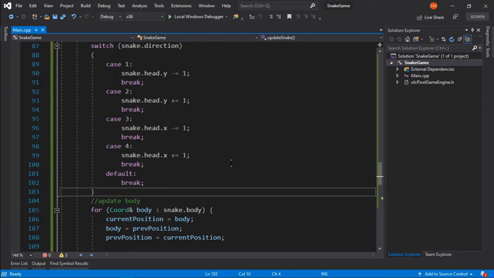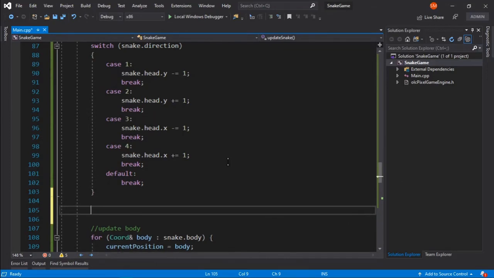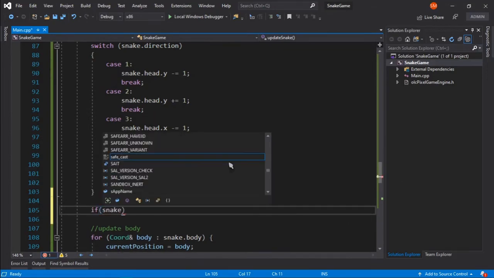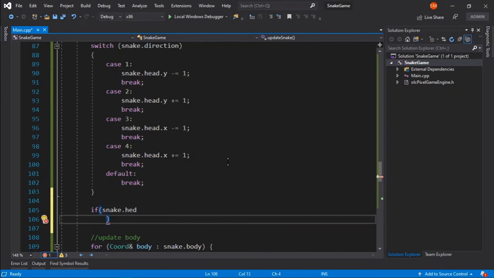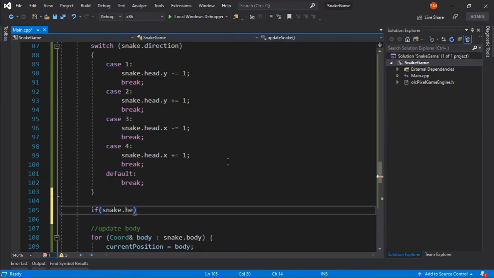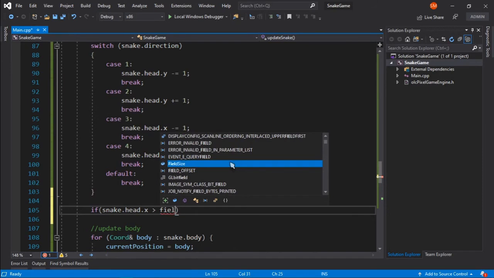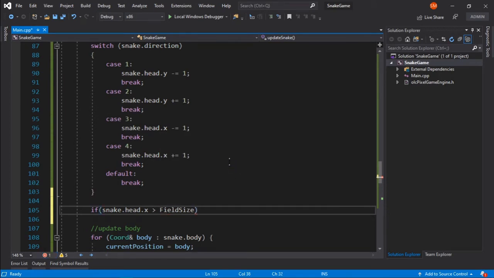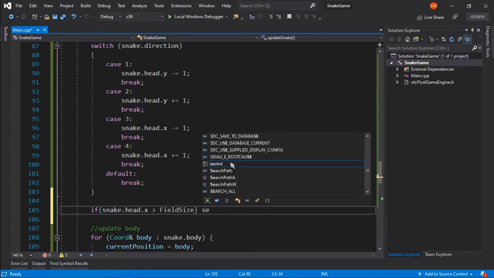So for that we can simply run a quick test here. So we'll say if snake dot head dot x is greater than field size, then we want to set the head to 0.